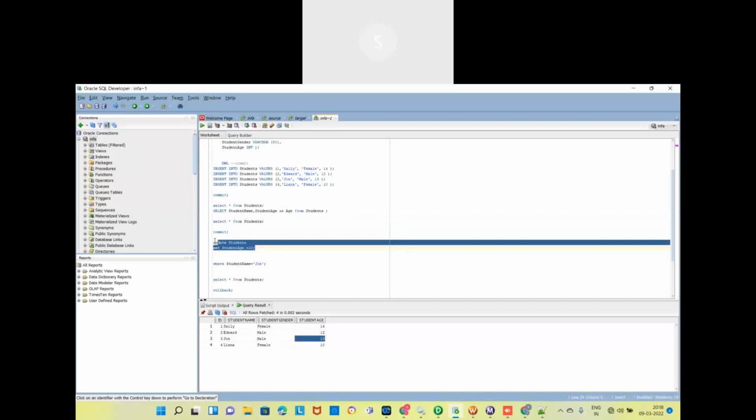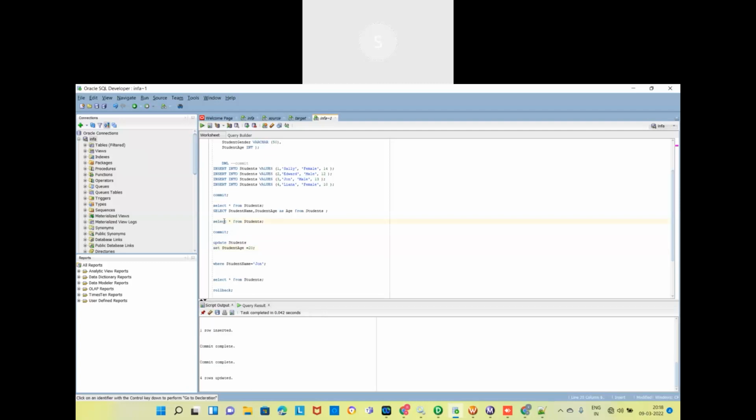But if I execute this statement, what will happen? It updates the entire table. I mean, entire rows in the table. You see, each and every record is updated with the same value, right? So we have to catch a particular row or else a particular record in the table. So for that purpose, to catch a particular record or a particular value in the table,